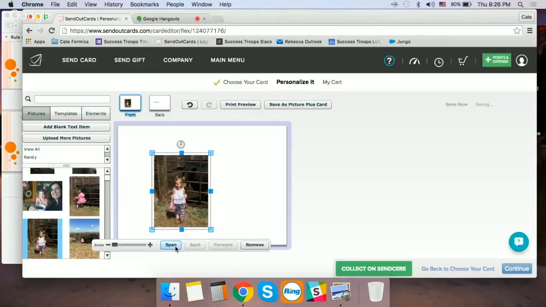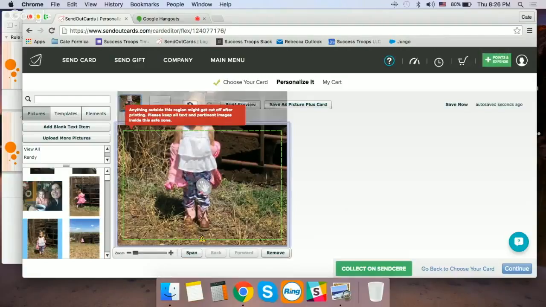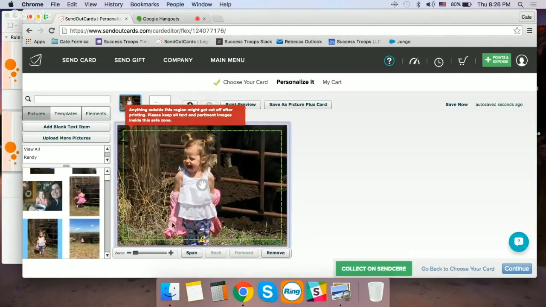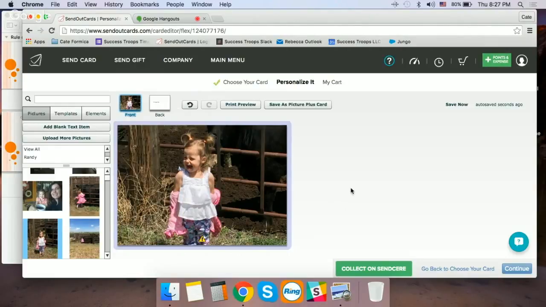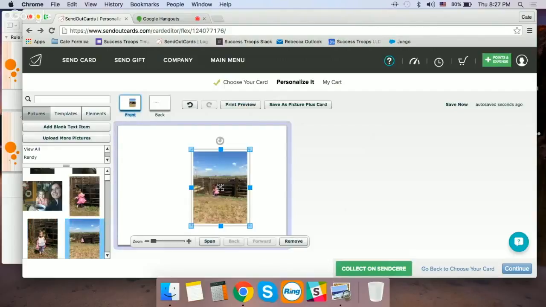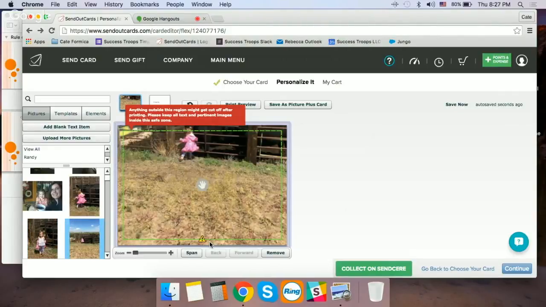Now this one, again, is not going to do rule of thirds because she falls right in the middle. But imagine her off to the left. She was so excited. That's not crying, that's excitement. But imagine that off to the left a little bit. So let's go put that on an actual card so we can move her to the left. She's adorable. All right, so I'm going to do this.